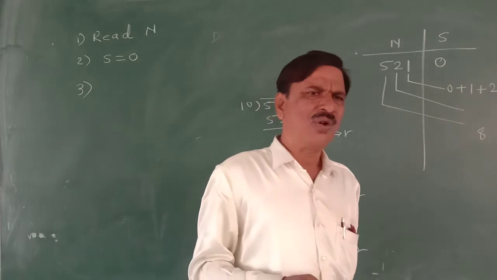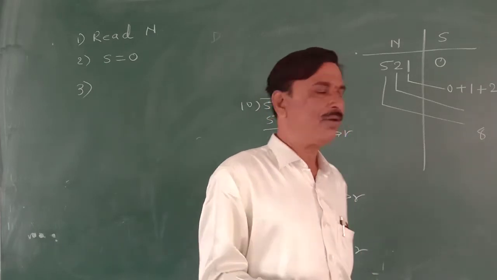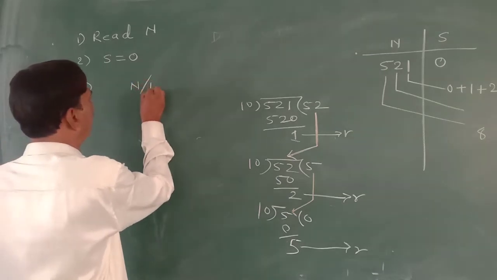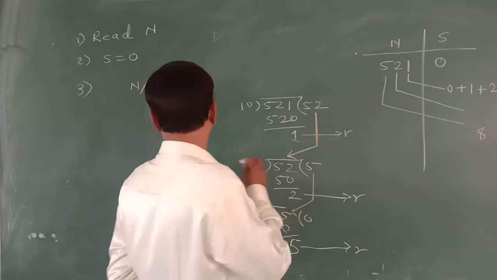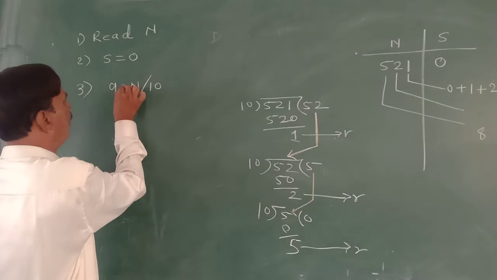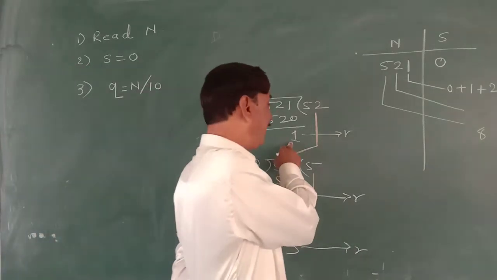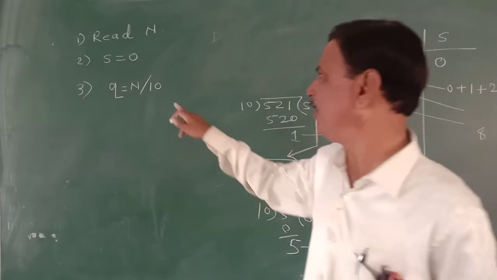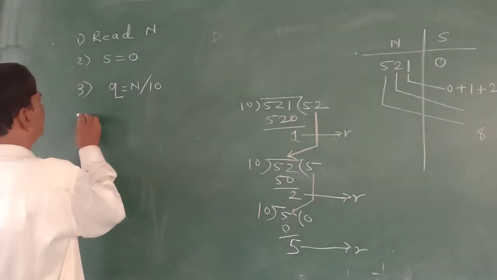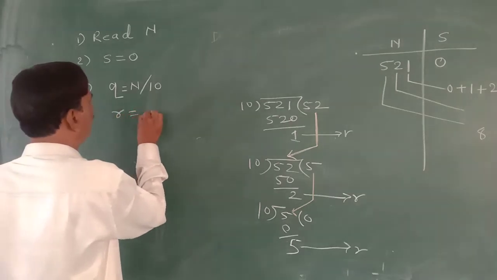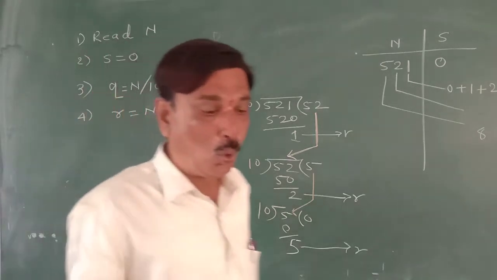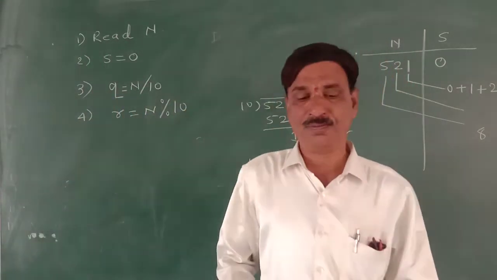It means that we have to divide the number n by 10. So here division gives quotient. So here quotient is equal to n by 10. But remainder will not be given by this division operator. Rather, there is fourth instruction, r is equal to n modulo 10. This is called as a modulo, which gives remainder.